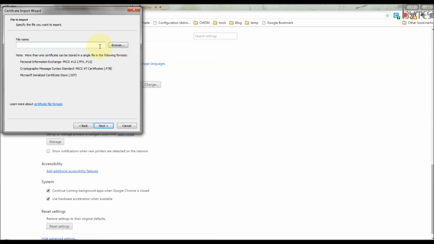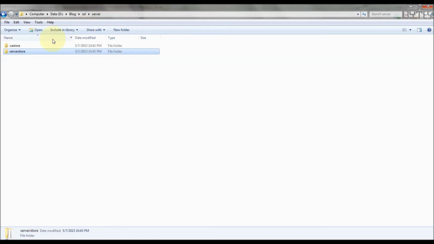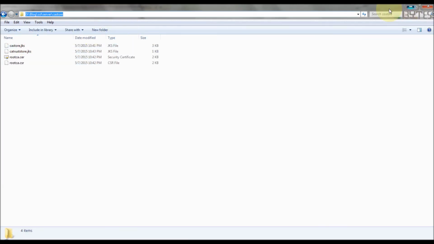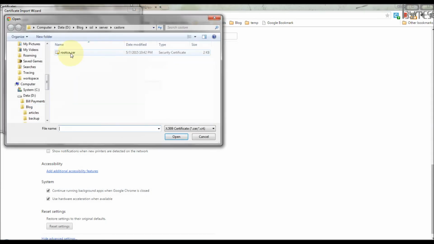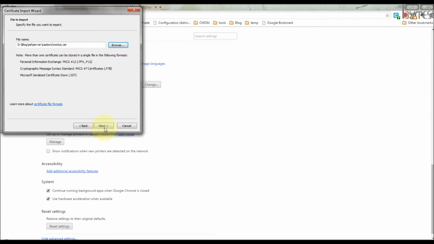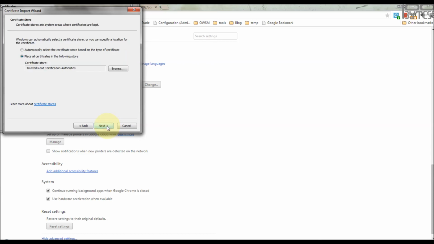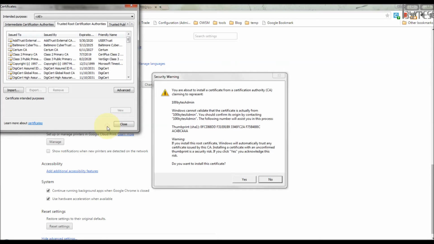You can see here our server store is the CA store. Copy this, go here and select the root CA. This is the certificate the server is trusting, so the client also has to set trust. Next, finish, and you have to accept this one.